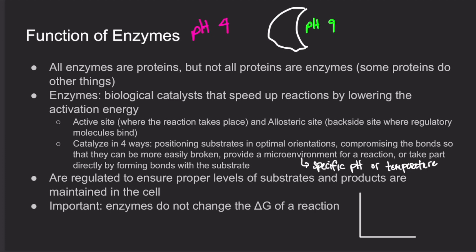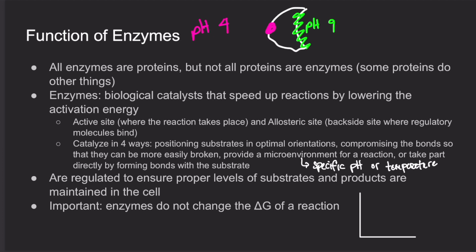So like I said, there are two ways a protein can be regulated: it can be off by default and turned on by an allosteric molecule, or it can be on by default and turned off. Essentially, a molecule binds to the backside of the protein, and then all of a sudden it becomes deformed, and now its shape no longer matches that of the substrate. So there are multiple ways you can go about it. Most importantly though,